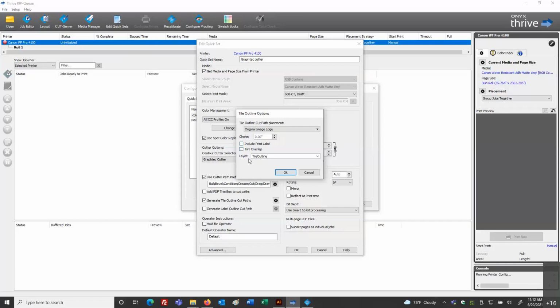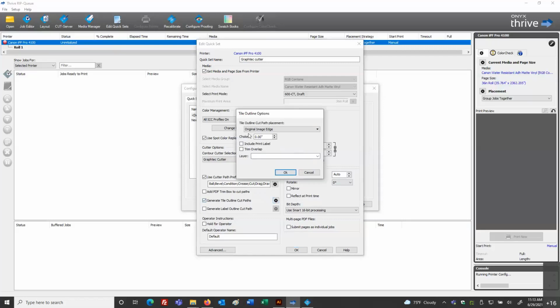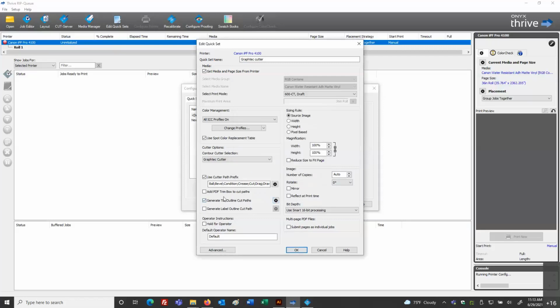And then what will we designate as the layer for that cut of the tile? We default to this pretty specific name here, tile outline. It describes what that setting is, but there are some other controls and settings we can set as well. So again, the tile outline options, if we wanted to generate a cut path around those tile outlines, we can do that by turning on the checkbox. This gives us a gear of additional choices that we can control and configure.